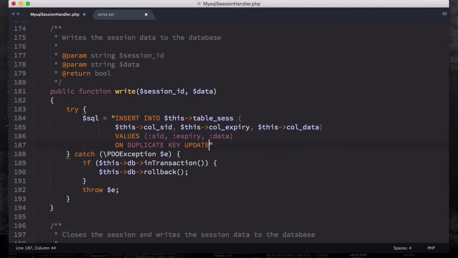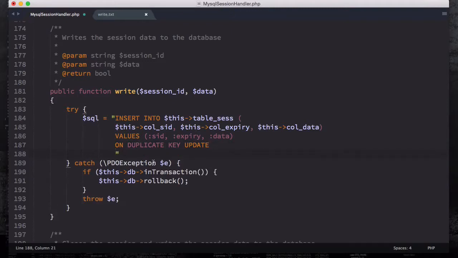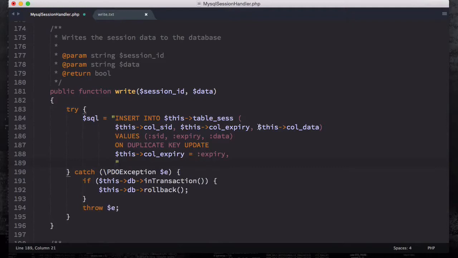Then we're going to come down here again before closing double quotes. You're going to say this cool expiry, which is, let's say here, copy this cool expiry equals to this expiry. So if it's duplicated, we're going to update the record, as well as, comma, come down here, you're going to say this data equals to data right here. So that's all you need to do. Don't forget the comma and then semicolon at the end. And this is your SQL